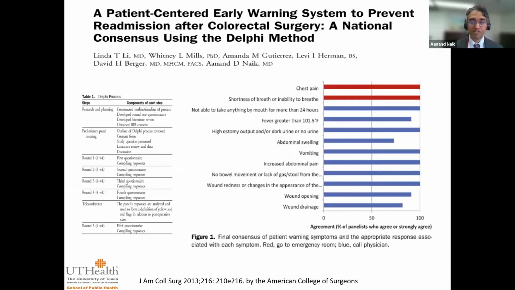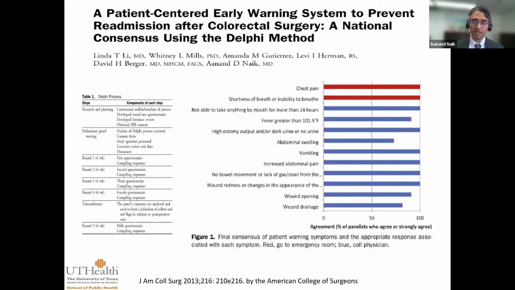So I looked at the appendix on this and I noticed it wasn't so straightforward. We didn't get these straightforward answers. We got lots of answers and it took this many rounds to get to consensus. But we really got to consensus. And the first two are the things that we would describe as emergencies, chest pain and shortness of breath. This isn't you sit at home and wait a week to come back in, see how things are going. This is, either come into the emergency room now or call us back first thing in the morning if this doesn't get better, and that sort of thing.